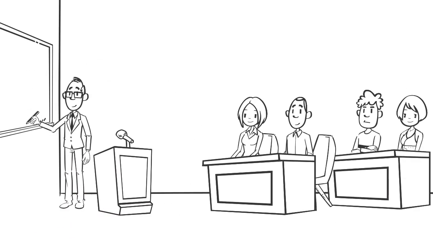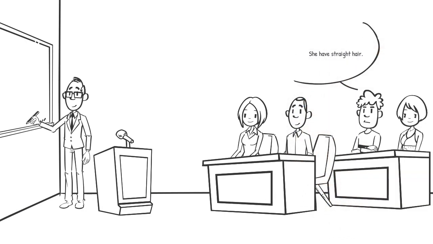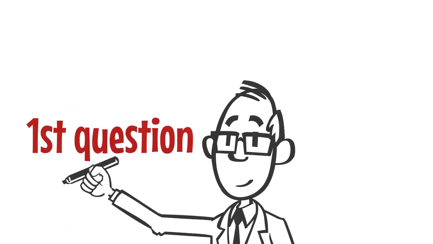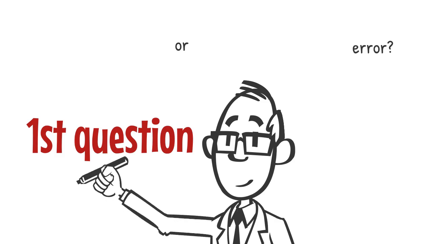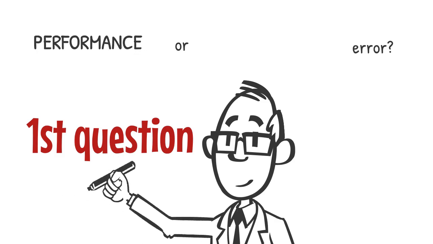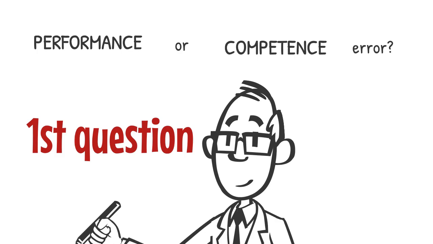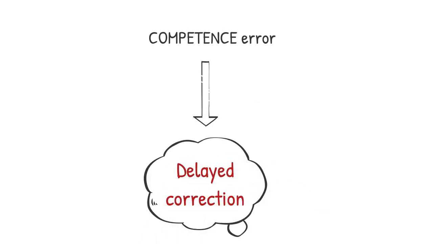So, imagine yourself in the classroom and one of your students says something that is not correct. This is the moment to ask yourself the first question. Is this a competence or a performance error? In other words, is this something that the student should know considering his or her level, performance, or is it something that is above their level, competence? If it is a competence error, it makes little sense to correct immediately because students need to learn it, so you ignore it for now. Maybe your next lesson can focus on that particular area.